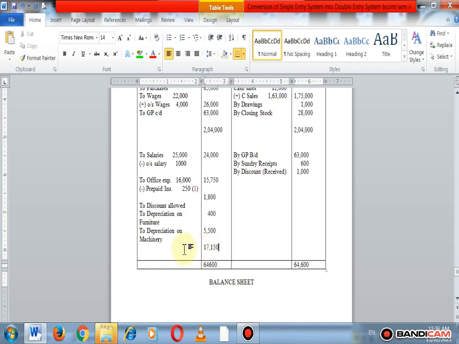Okay, and that difference is called net profit, the balancing figure,